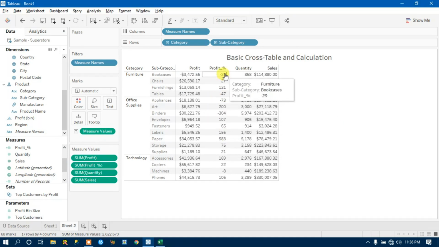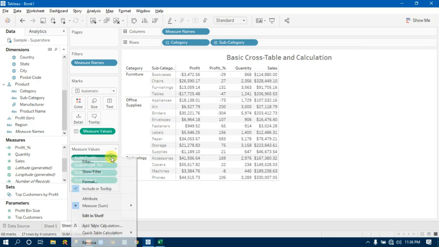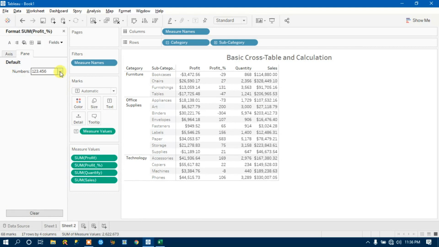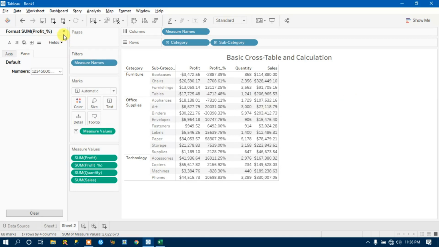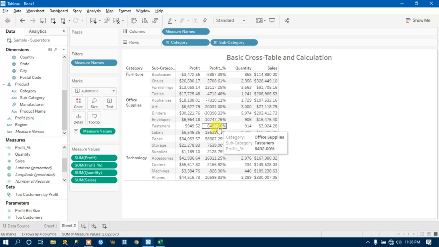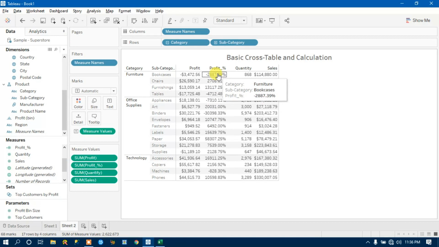Let me format it as a percentage. But if you see the percentage profit, this doesn't look correct.